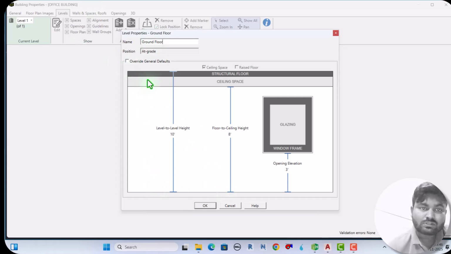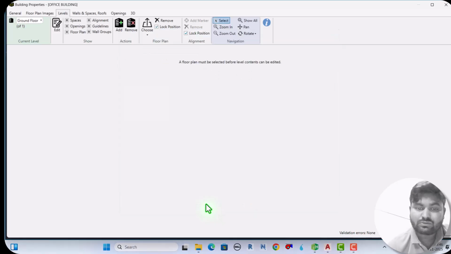And also here is an option: if the ground floor is given a different level height and ceiling height, you can modify it here with override. Only the ground floor will be affected, but I have only one floor plan and the height is the same. So I go okay,